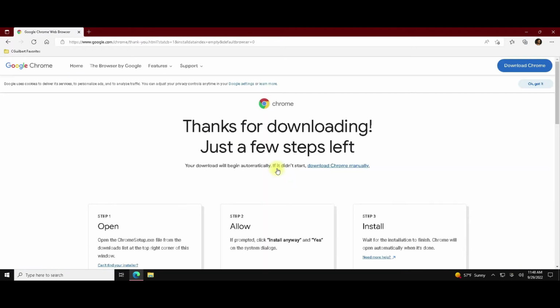So at this point, Chrome should start downloading automatically. If some time passes and it doesn't automatically download, you can click on this link, Download Chrome manually. So you should see a pop-up right here that says Chrome Setup, and you will click Open File. If you accidentally click outside of that and the box disappears,